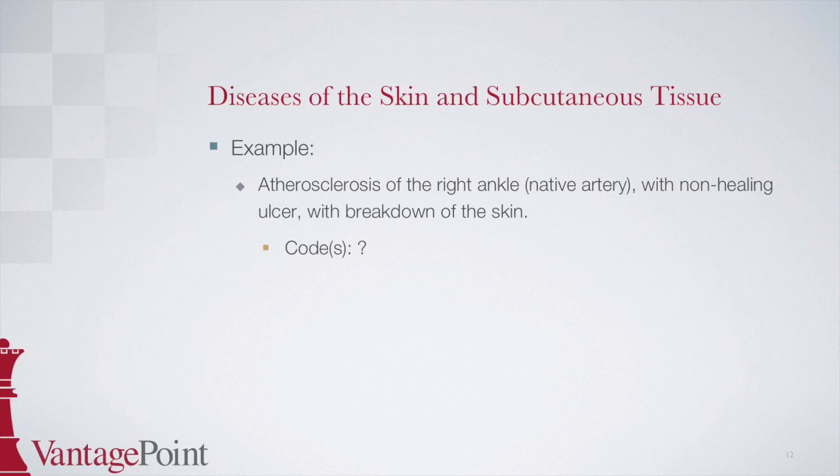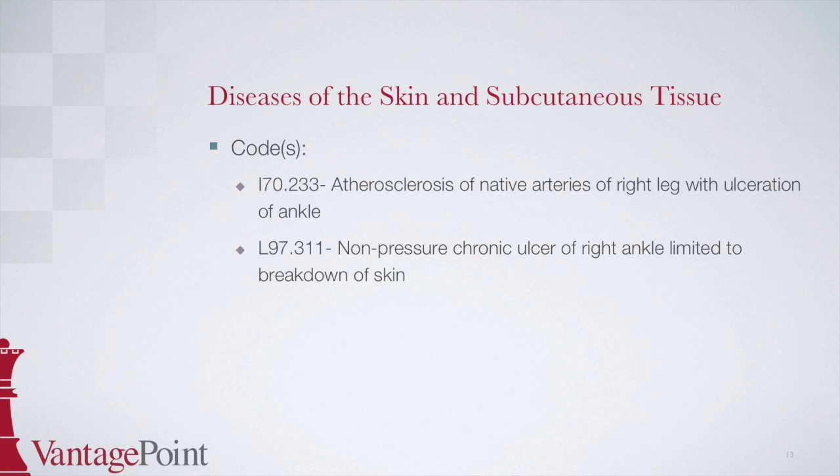For the next example, documentation states atherosclerosis of the right ankle native artery with non-healing ulcer with breakdown of the skin. How would you code this? Please pause the webinar to complete this example and then hit play to continue and learn the answer. The first code is